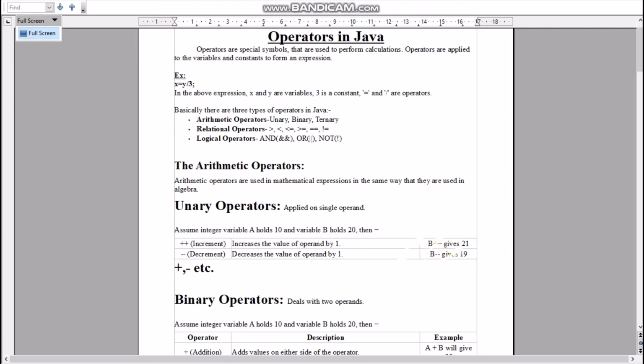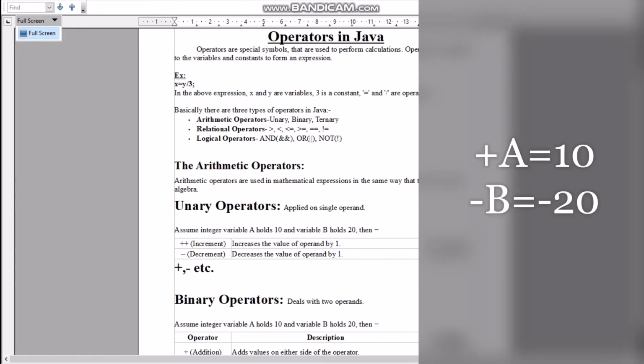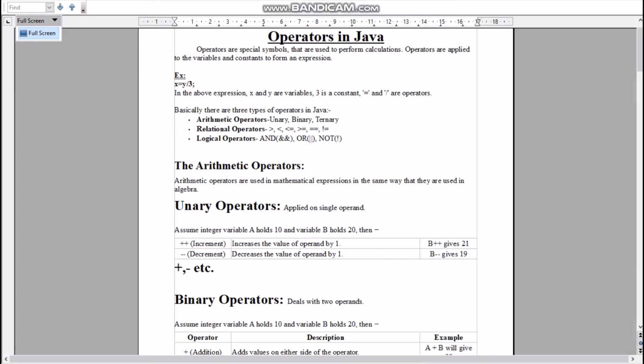Next, --. Here you can see b-- gives 19 because it decreases the value of the operand by 1. Other unary operators are plus, minus, etc.